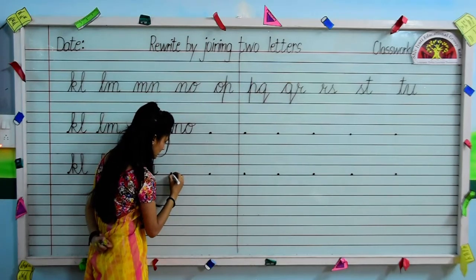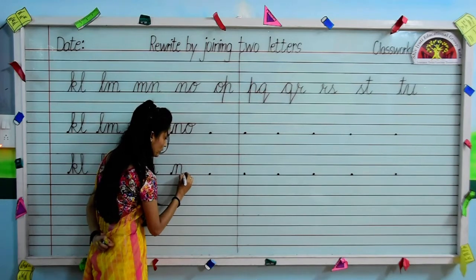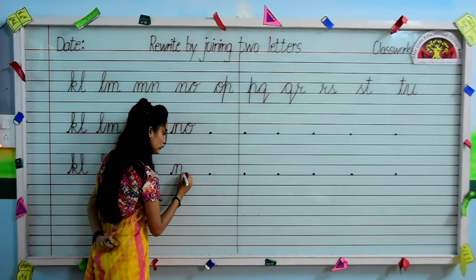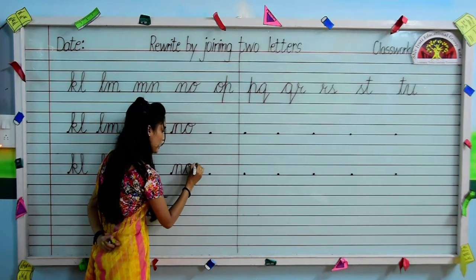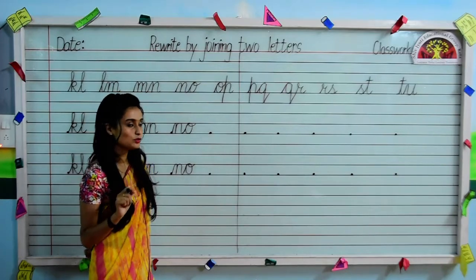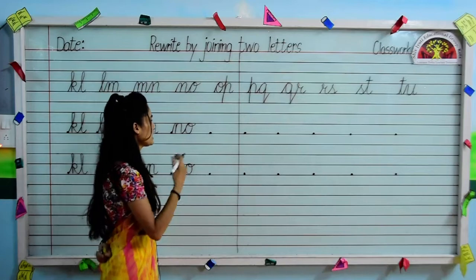Let's see once again. From the dot we will make letter N, slanting line, come down, make a curve. Now from the end point of letter N, we will start making letter O like this, loop and out. This way you have to write your letters N, O together. Okay, come on the next one.